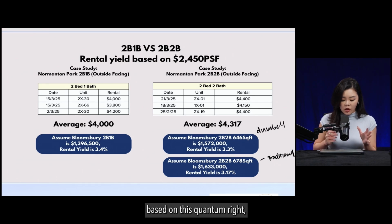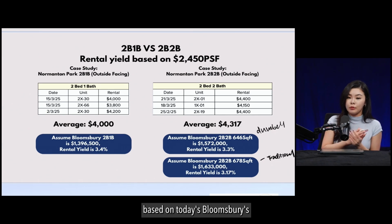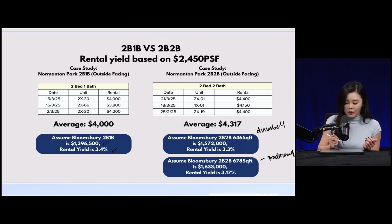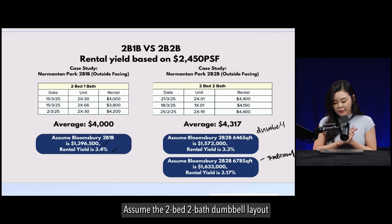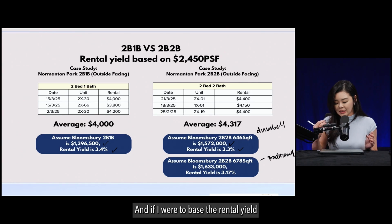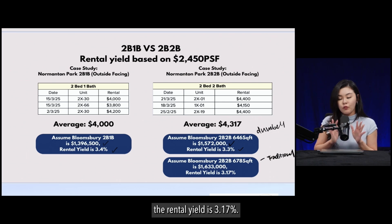With that being said, based on this quantum, for the 2-bed 1-bath, if I were to use the same rental yield based on today's Bloomsbury's lowest purchase price of $1.396 million, the rental yield is about 3.4%. Next one would be the 2-bed 2-bath. Assume the 2-bed 2-bath dumbbell layout is about $1.572 million. The rental yield is about 3.3%. And if I were to base the rental yield on a traditional floor plan based on today's pricing, which is $1.633 million,